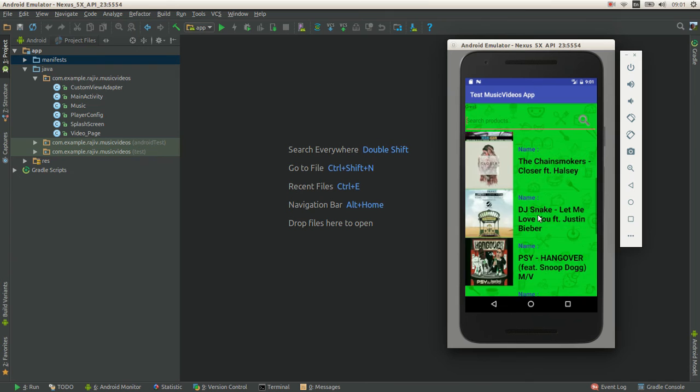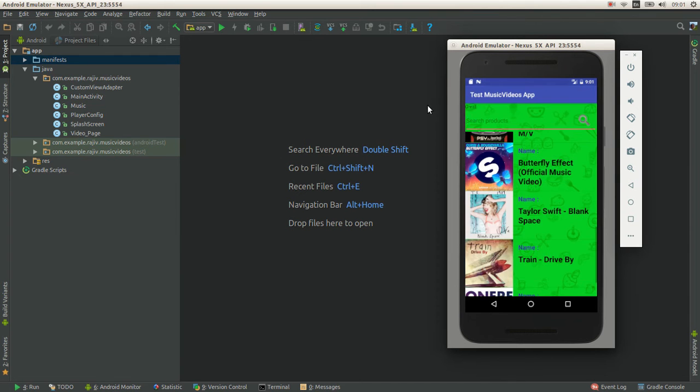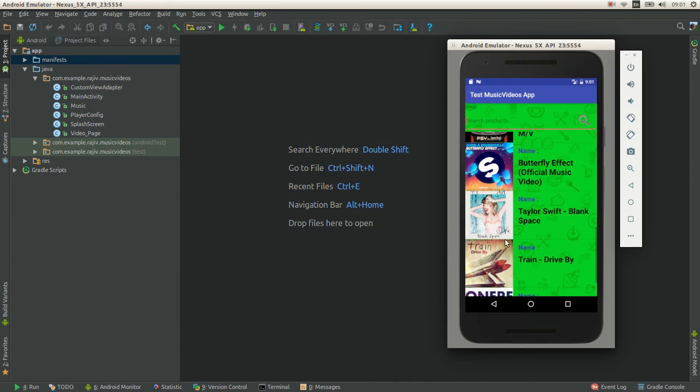It's a list of videos, and then it should play it. It works on my phone. Alright, and